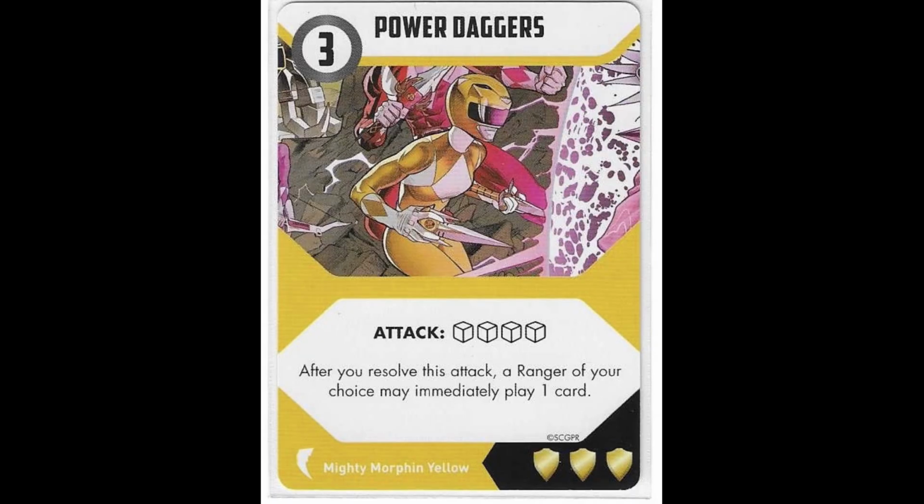Finally, we go to her power weapon, which are the Power Daggers. It is a 3-cost, 4 dice attack, and 3 shields for defense. This is her only 3 shield card. Its effect is after you resolve this attack, a ranger of your choice may immediately play 1 card. This is another double situation. You play this card for 4 dice, you're most likely going to take out what you're attacking, unless it has